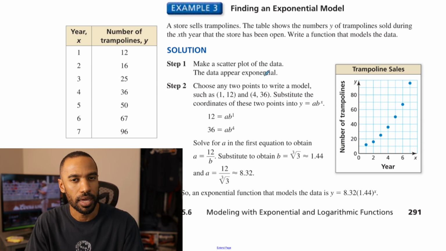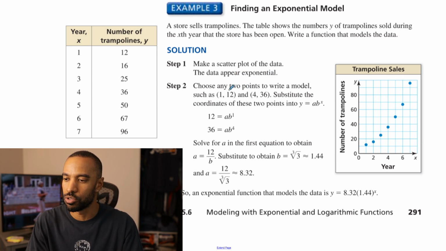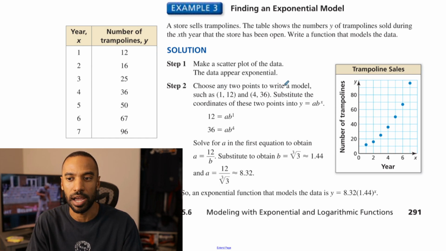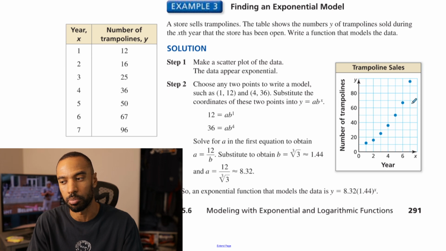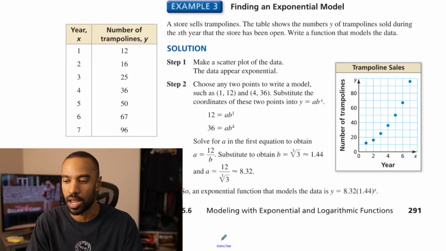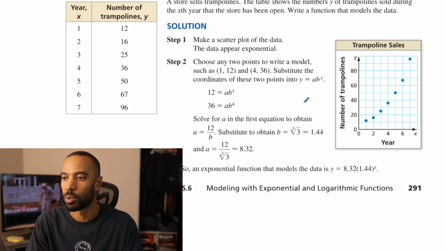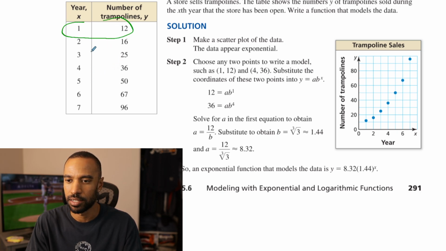Anyway, let's come up with a model for this using regression. Oh, no, we're not using regression. I take it back. Choose any 2 points to write a model. Okay, I take this back. We're not using the graphing calculator just yet. We're going to plot the points and see what comes in. So not yet exponential regression. So we're choosing 2 points. Looks like they chose (1, 12)